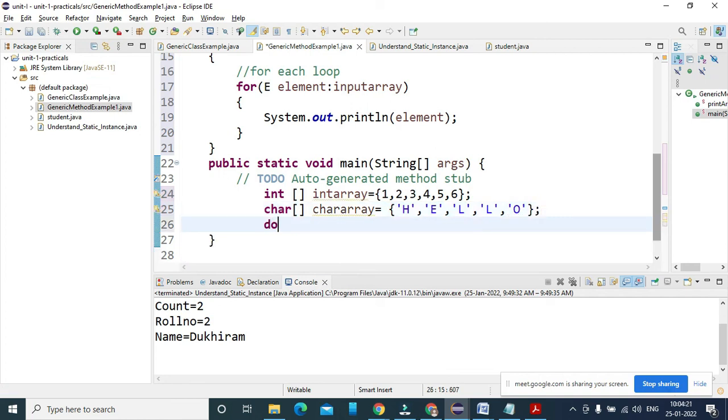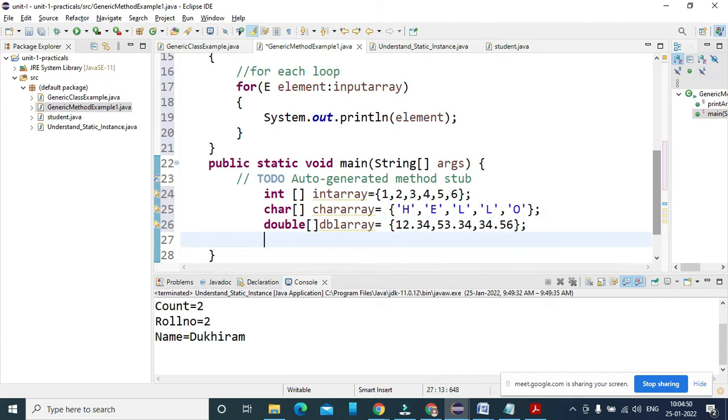And the last one is the double array. So I'm choosing double, so D array, double array, dbl array. And you are using 12.34, 3.36, 34.56. Three elements; I don't care about them.